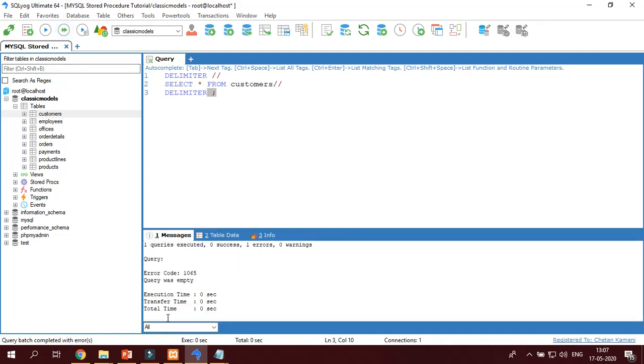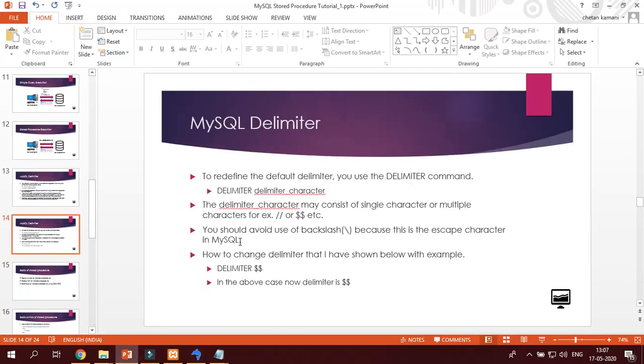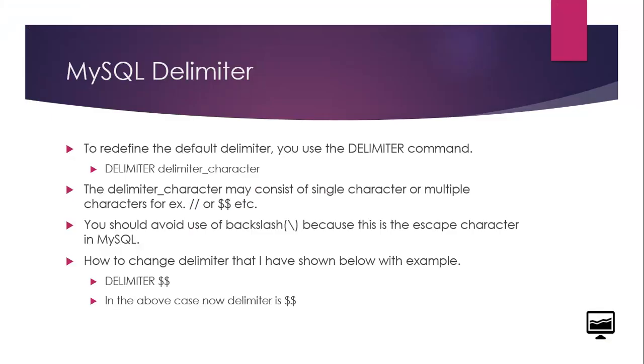Now go back to the delimiter section. Up to this point, I hope you have got the concept of the delimiter, how to change the delimiter, and why we need to change the delimiter. Why? Because a MySQL stored procedure contains many statements which end with the semicolon, and if you don't change the delimiter from semicolon, then the MySQL compiler will generate an error and it will not consider the stored procedure as a whole.